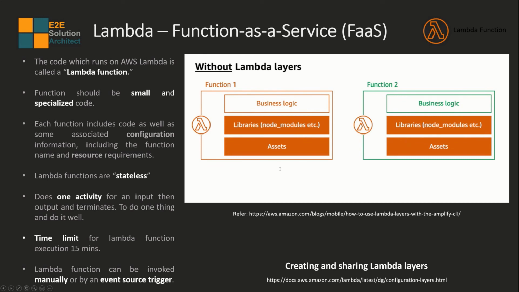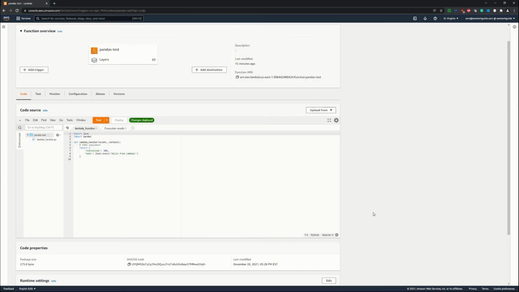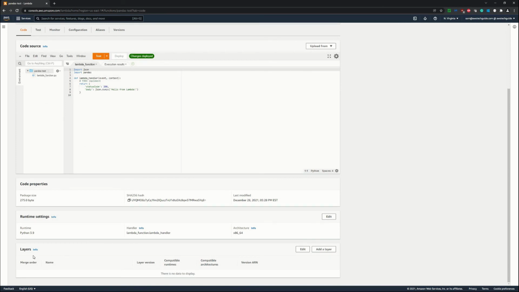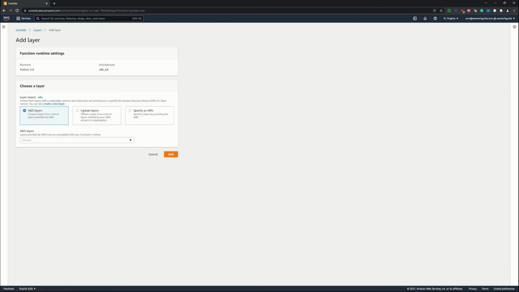So let's go back to our function, and if we scroll down, you will find this layer option inside this Lambda function. Click on add layer, click on custom layer because it is the layer we have created. By default AWS also provides a few ready-made layers, but we don't have a pandas layer for us, so we are going for this custom layer.